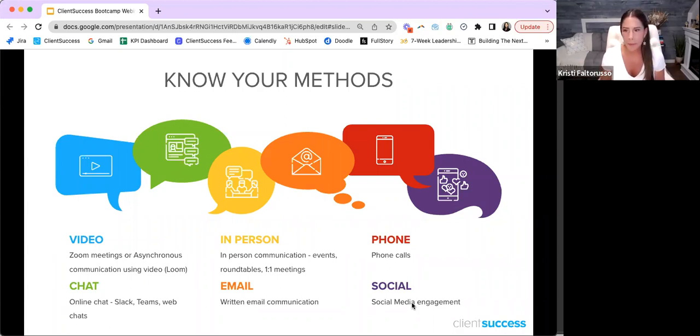So I like to talk about methods because, again, you don't need a very elaborate platform. Now, listen, if you have one, I think that's super cool. I think there's a lot you can do with it. I'm sure you're probably way ahead of where many of us are. But today's conversation is about teaching you and helping guide you around using what you do have access to today without feeling like you need to take on something more.